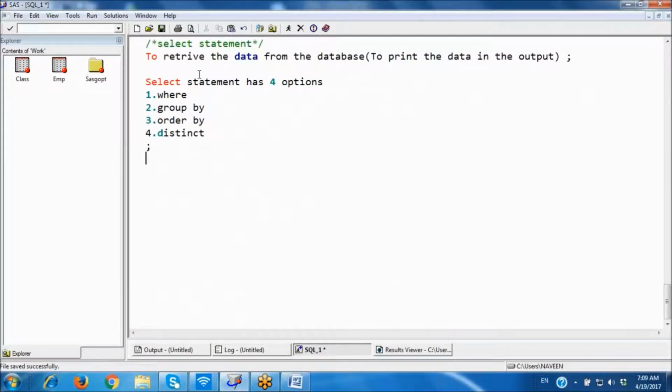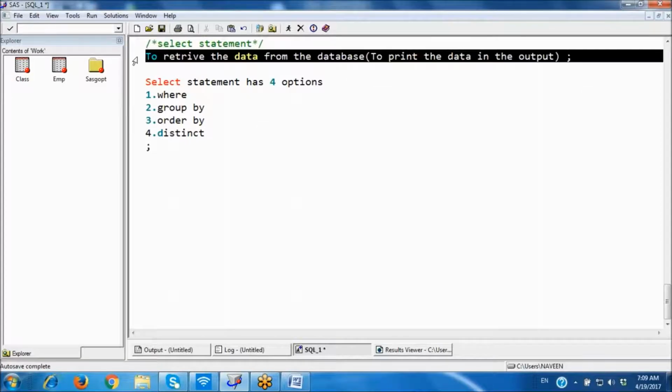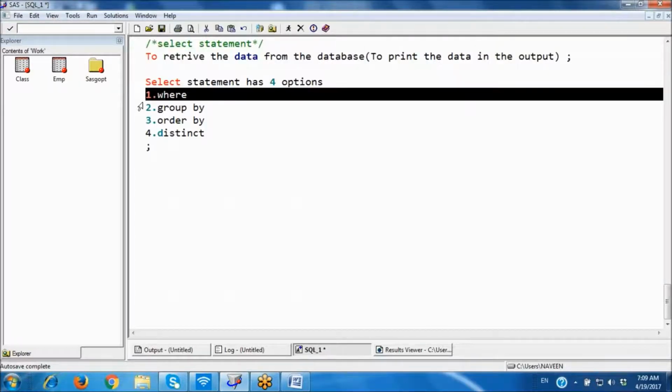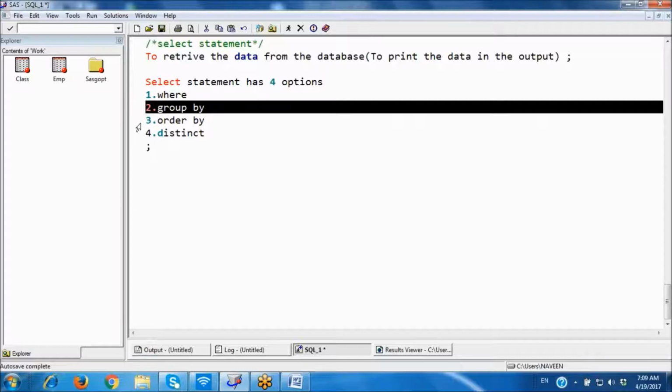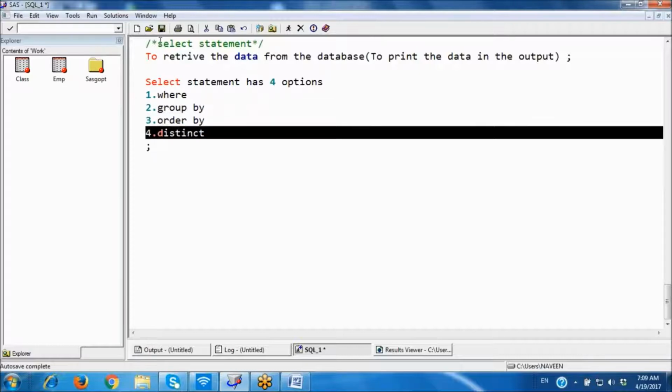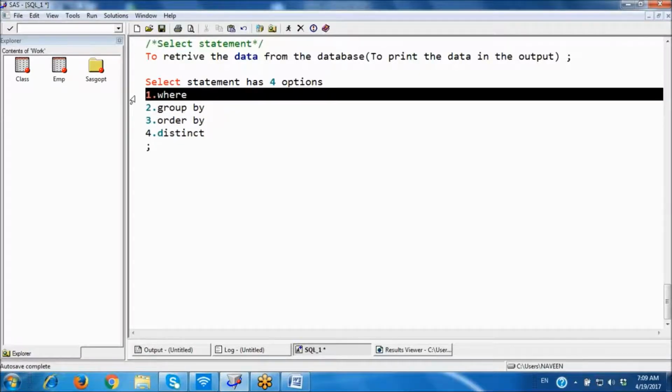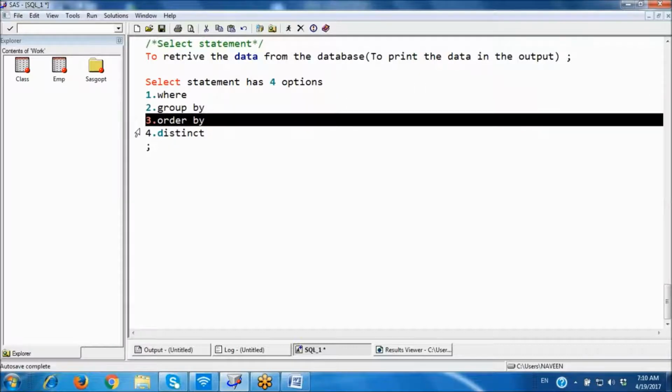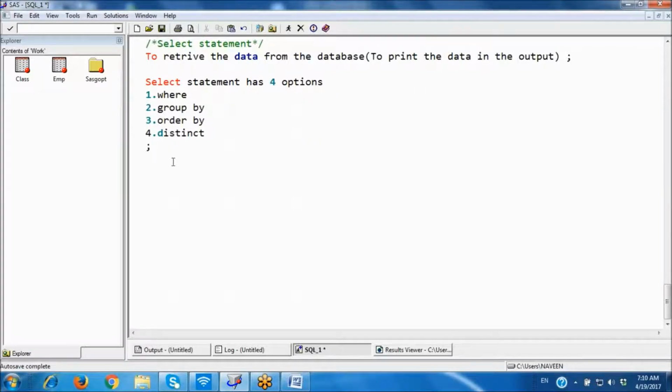Next, select statement. To retrieve the data from the database, means we can print the output. And in select statement we can use these options, where, group by, order by, distinct. So four options we can use, where, group by, order by, distinct. So one by one,